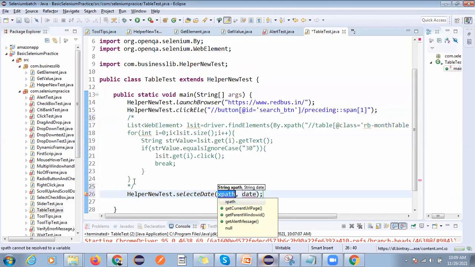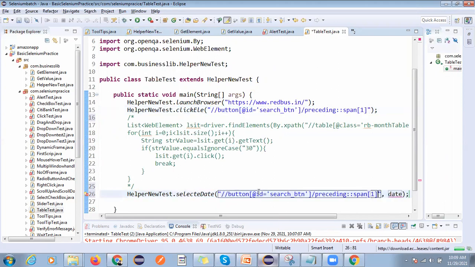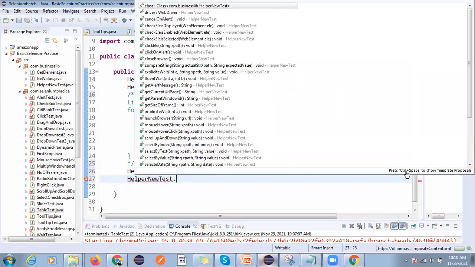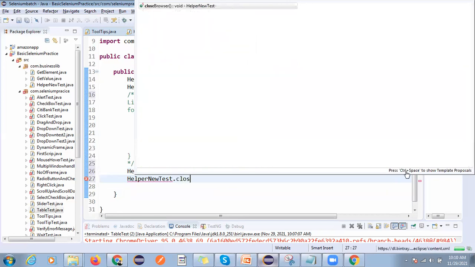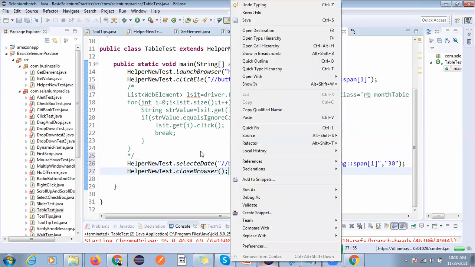Okay, so here we can pass this value, and date we will pass 30. That's it. And now I will use helper dot close. That's it. Okay, and we can run it.